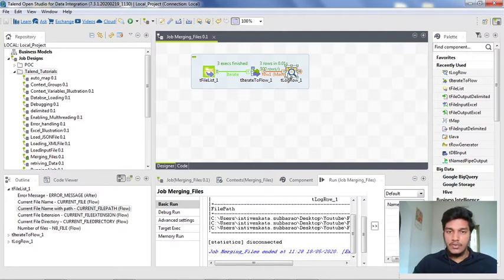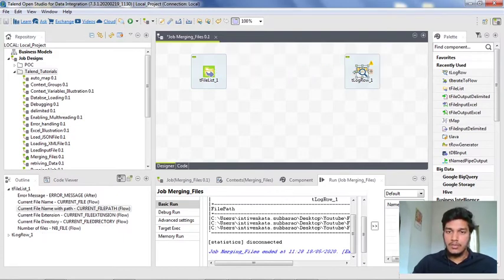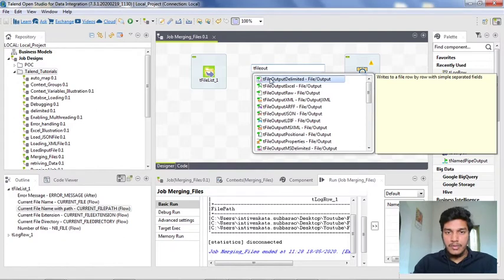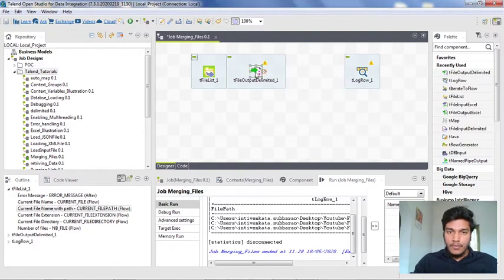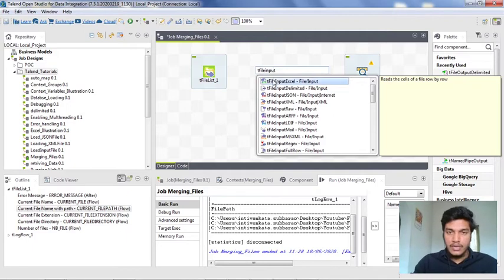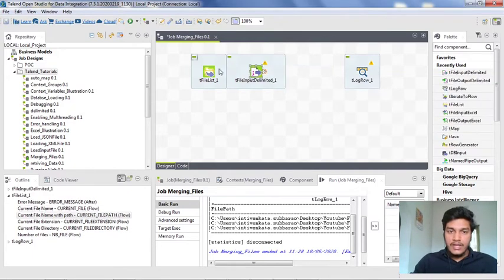So for that, I am deleting this, and I am placing the tLogRow component a little bit far. Between those, I want to insert tFileInputDelimited, to get the input file as whatever file is coming from the first iteration, and I want to print those contents in the tLogRow.